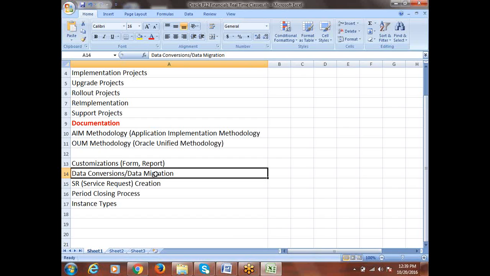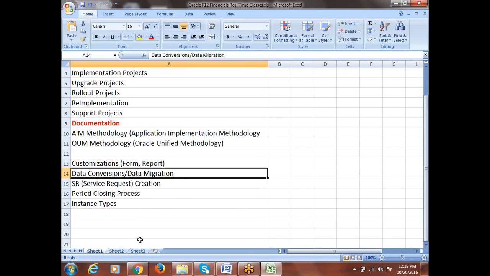We have to prepare the templates. Frankly speaking, nobody will create the templates from scratch. The templates used for another project can be used for a different project, but by changing them as per the information you are going to load for the current client you are working with. Everything will be covered as part of data conversion. The data conversion concept is all about loading the data. Okay, any other expectations?